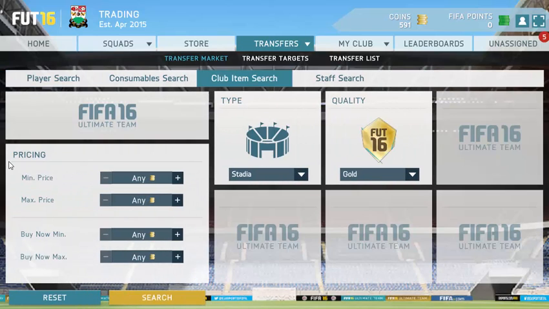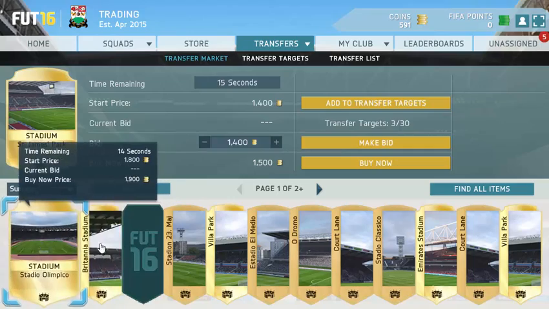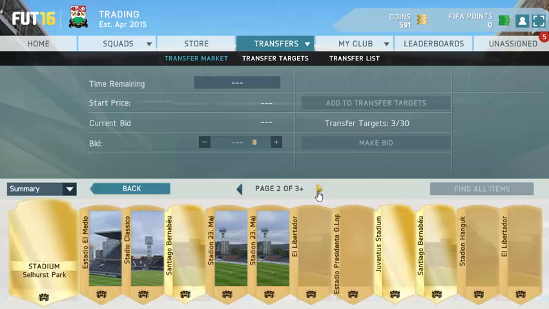The next method is going to be about stadiums. This is actually something that I haven't done much this year, but it actually works really well. Let's go gold, let's go stadium. You don't really want to do this with silver cards or silver stadiums. You want to do this with gold stadiums. And if you find someone that you know you might want to trade with that goes for a little bit,